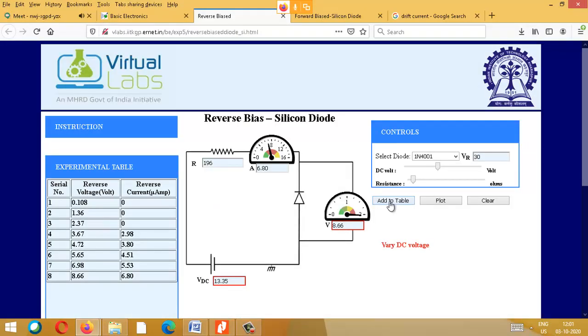Okay, so you slightly vary, then take the reading, go till our maximum scale. Around 23 volts or even 28 volts we are going. Yeah, we have set it as 30. So when you go beyond 30, the device will break down. So 30, whereas across the device it is only 20. So across the device that much drop is there. Only if across the device it touches, then it will break.